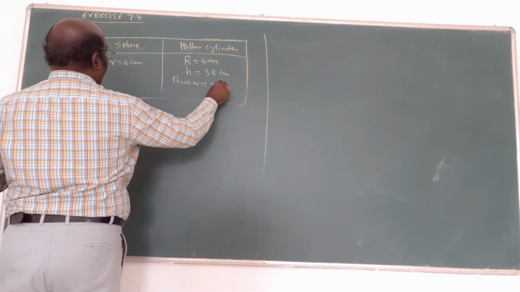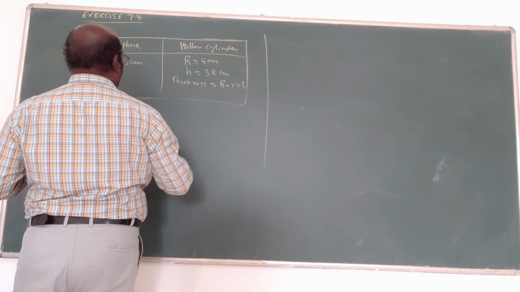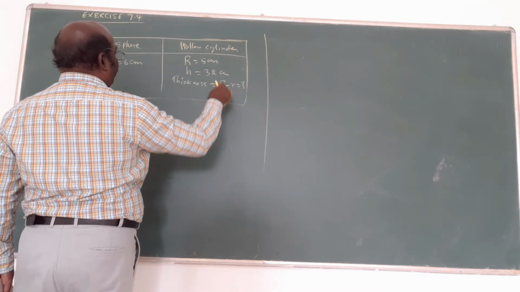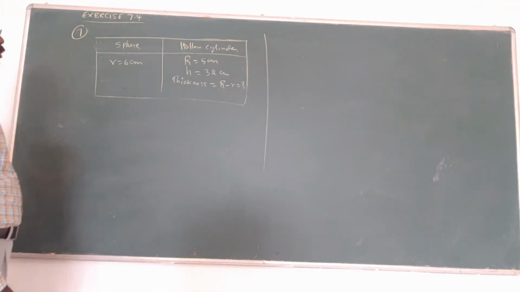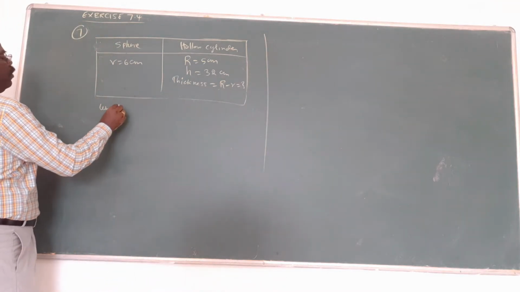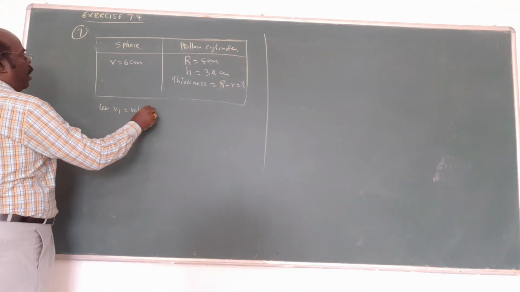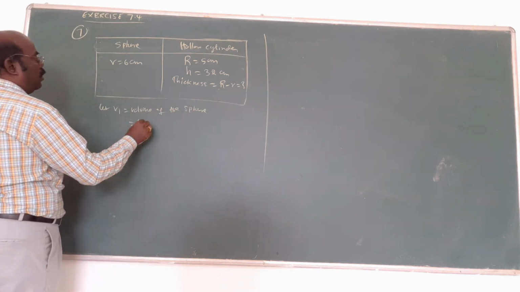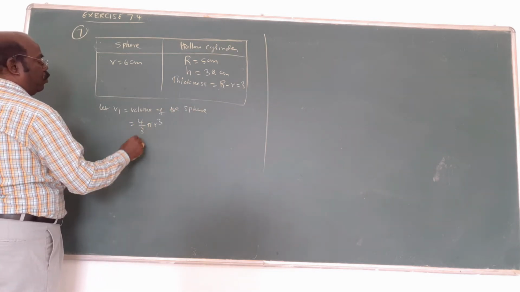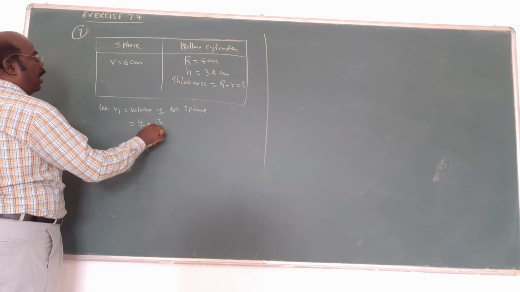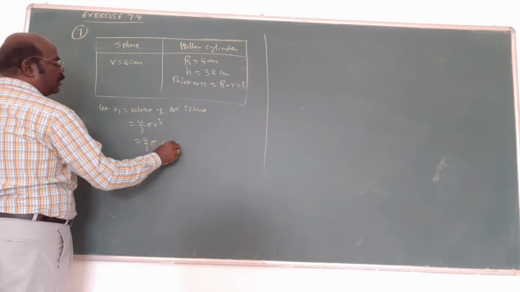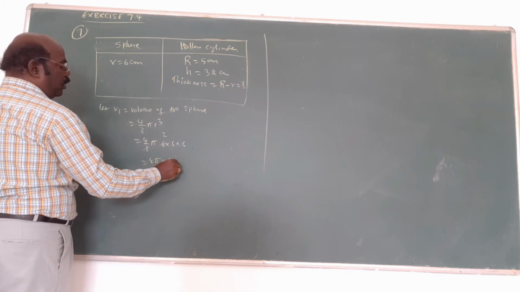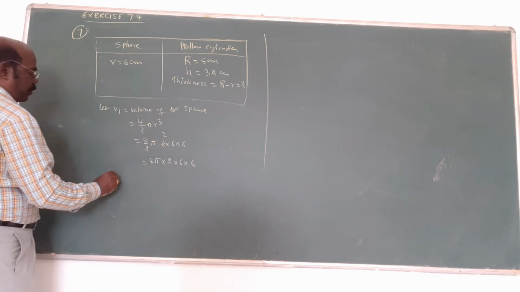What is the formula for thickness? External radius minus internal radius is asked. But external radius is given, to find the smaller one, subtract from the bigger. Am I right? Now let V1 equal to volume of the sphere. What is the formula? 4 by 3 pi r cube. r is 6, no? 6 into 6 into 6. Cancel 2 times. So 4 pi into 2 into 6 into 6. This is the first answer.